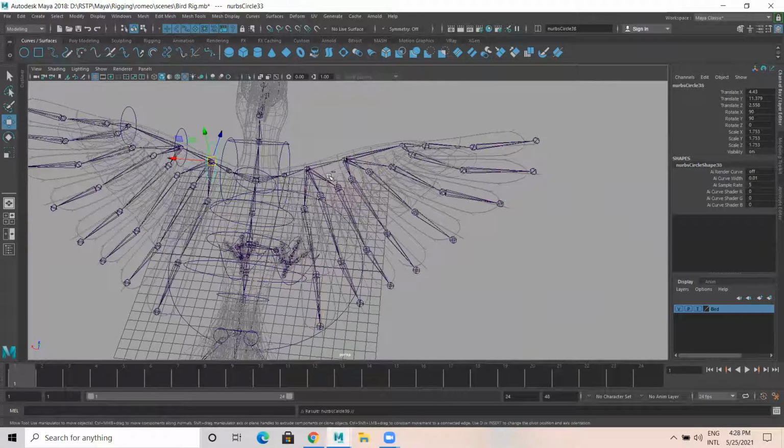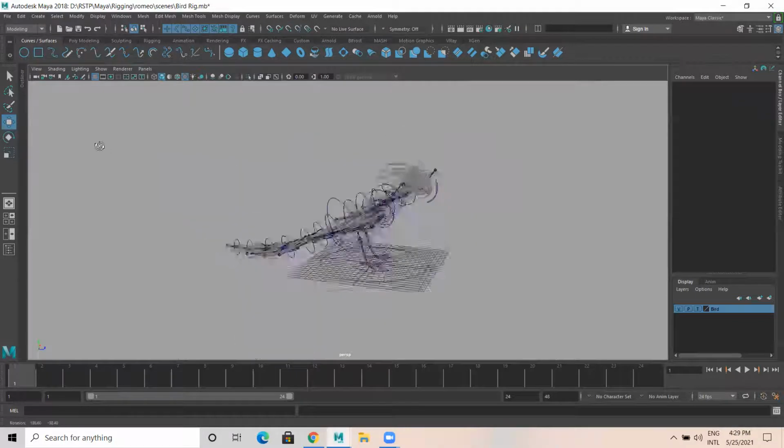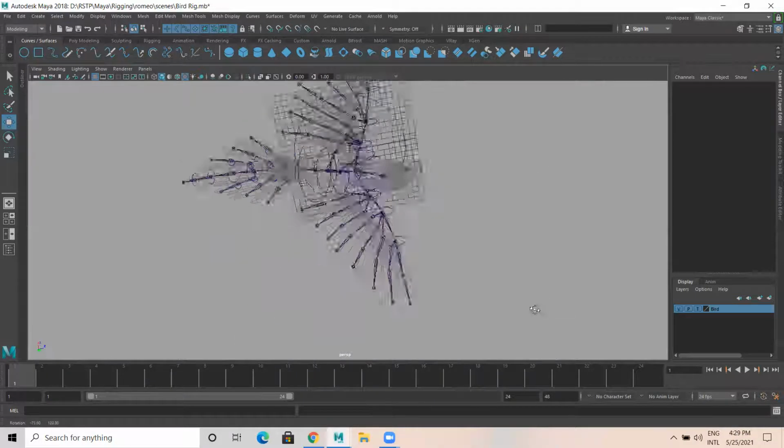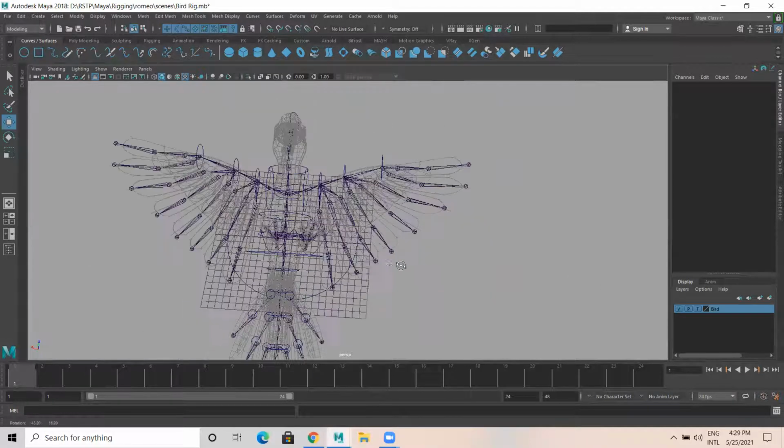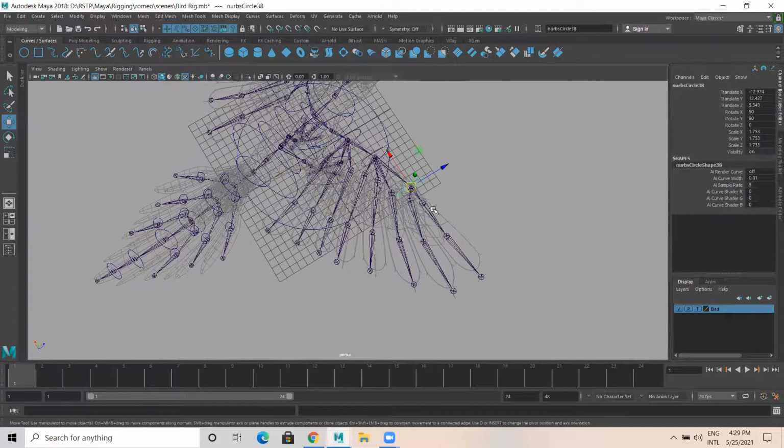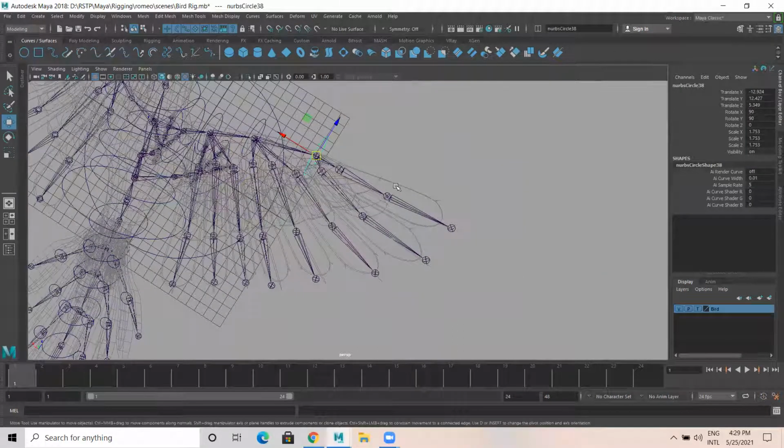Similarly, let's do it on the other side. I'm duplicating this here, select this, duplicate, and here I'm duplicating this here. Okay, so we got curves here as well. Then later, smaller curves we should have, or another method is that,